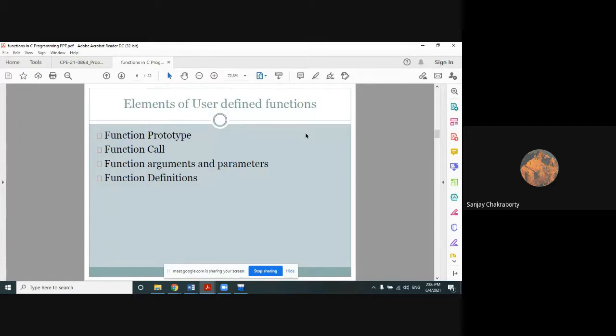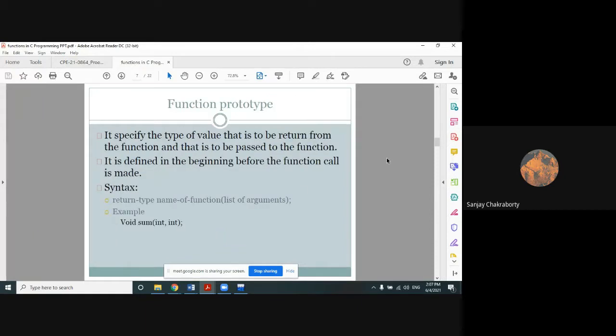The third type, function arguments and parameters, is actually an embedded part of the function, so in my suggestion we should not put it as a basic structural element of a user-defined function. Majorly the basic elements are function prototype, function call, and function definitions, right? I think this concept is already clear to you.